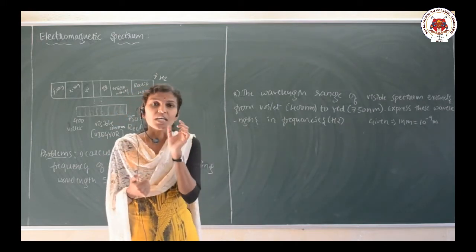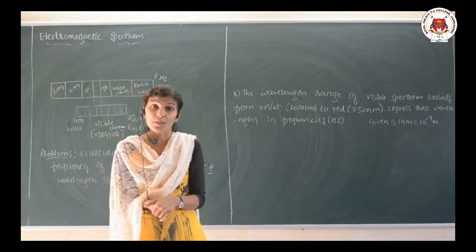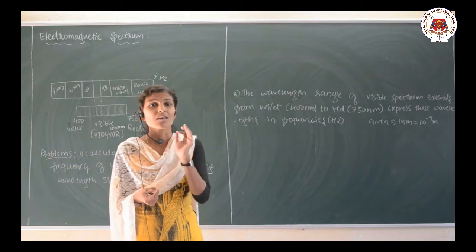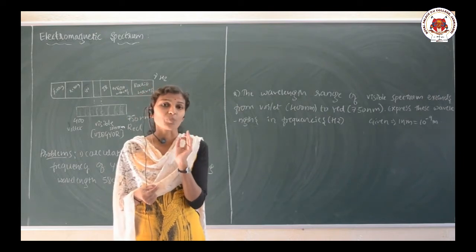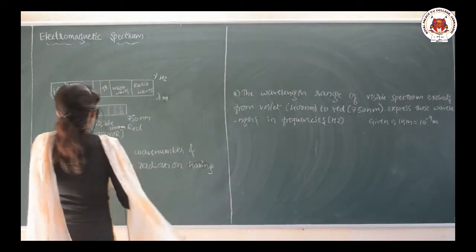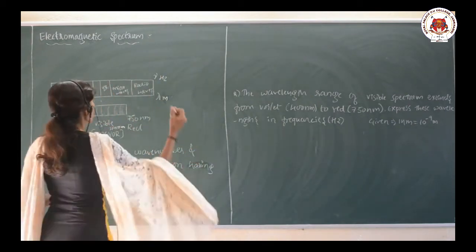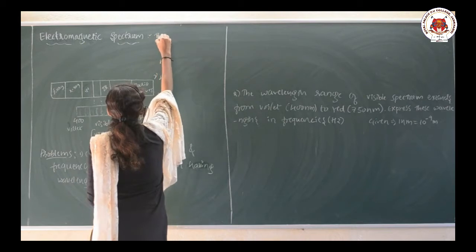they are arranged in the increasing order of their wavelength or in the decreasing order of their frequency, which is called the electromagnetic spectrum. See here, the term electromagnetic spectrum is nothing but the arrangement of the